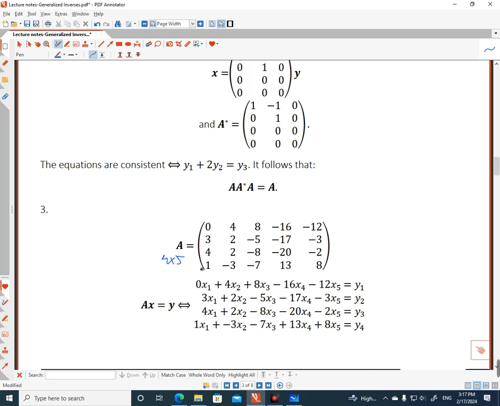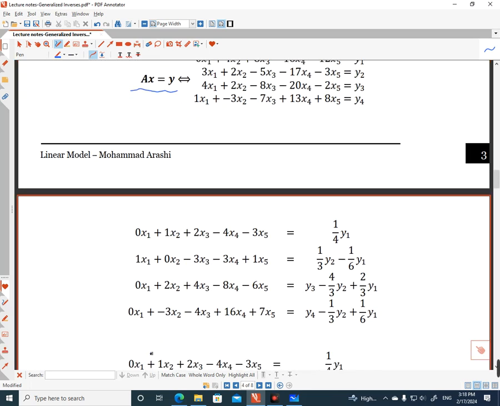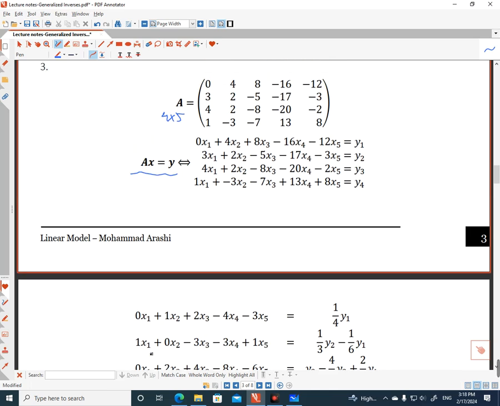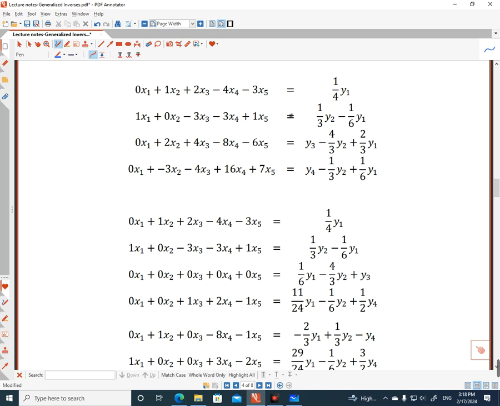So A here is 4 by 5, and the purpose of solving such an equation is not to do it by hand. That's why I emphasize we're going to work with some R code, and we don't want to solve it ourselves. If we write such an equation and patiently, for instance,